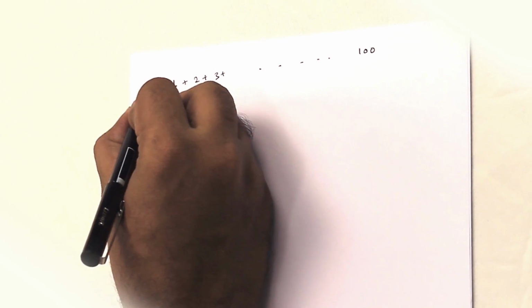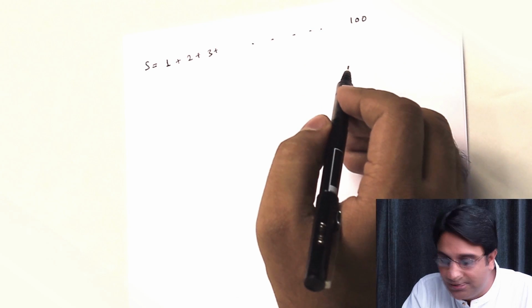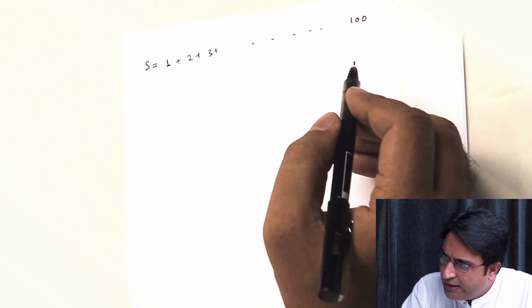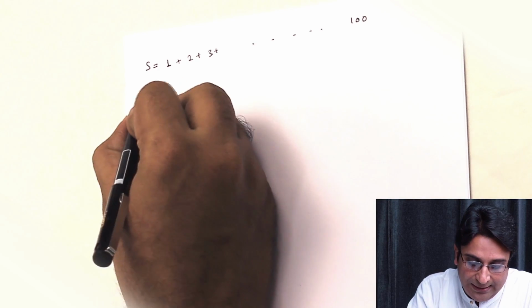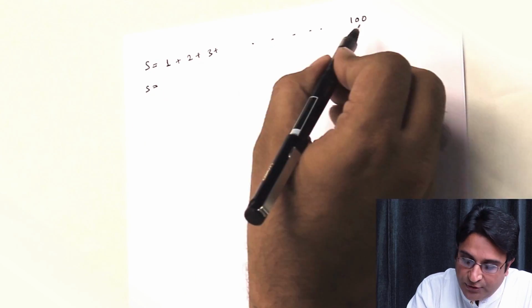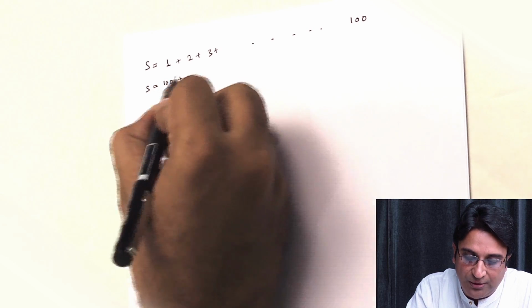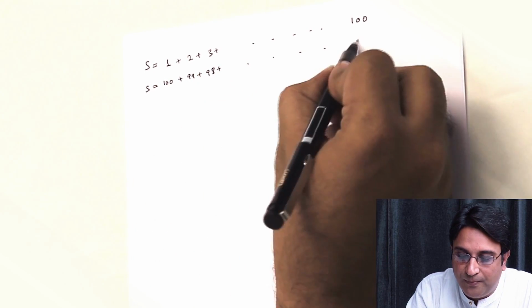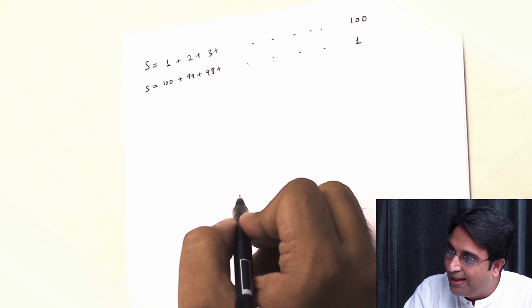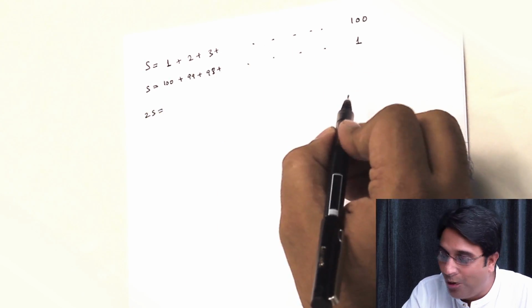So what the boy did was, he wrote S as 1 plus 2 plus 3 and so on, S representing the sum of the series. He thought very carefully and he hit upon a pattern. He just wrote S once more, but this time he wrote it in the reverse order: 100 plus 99 plus 98 and so on till 1. And the pattern which he saw now will seem very obvious.